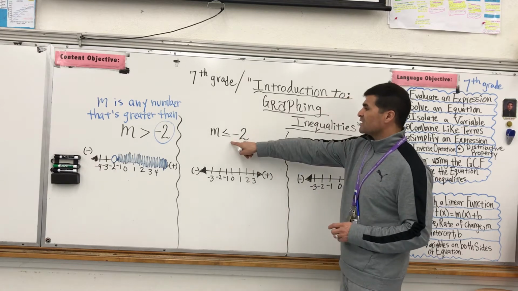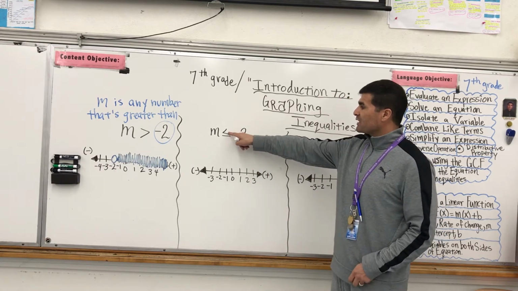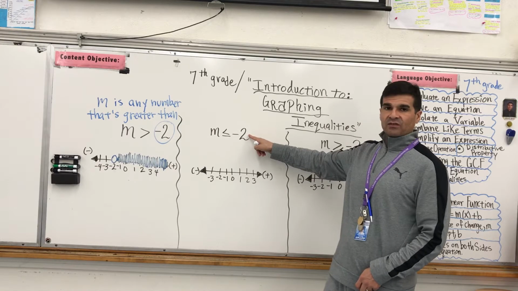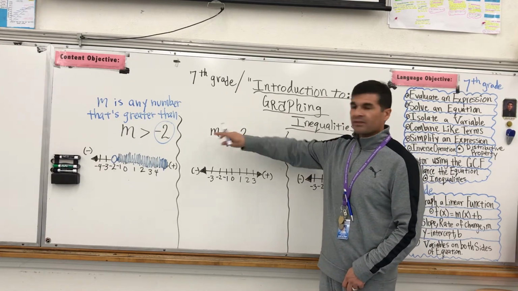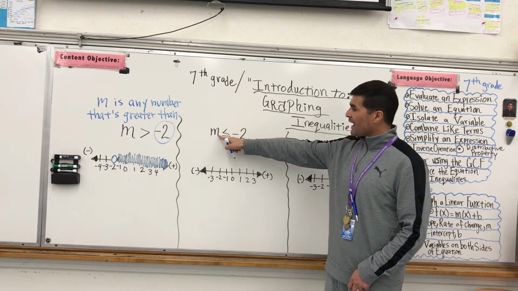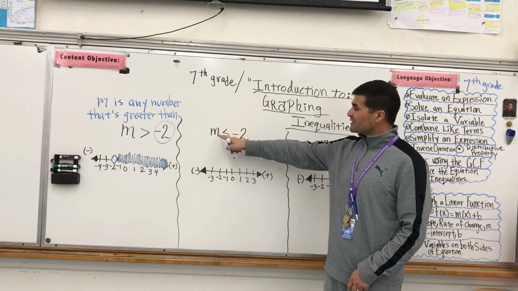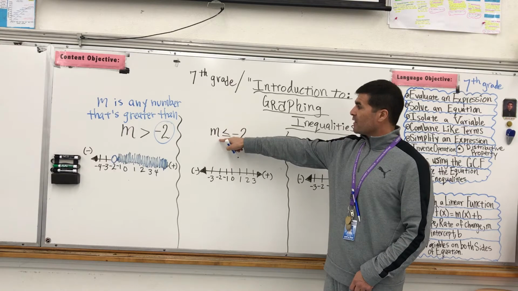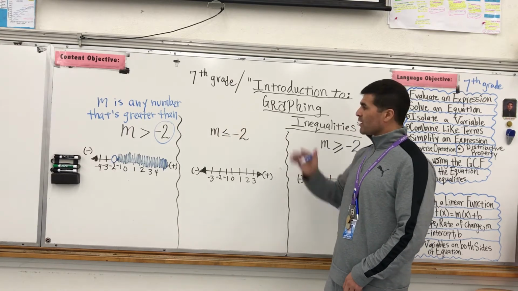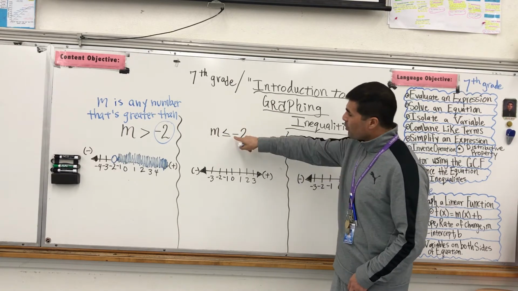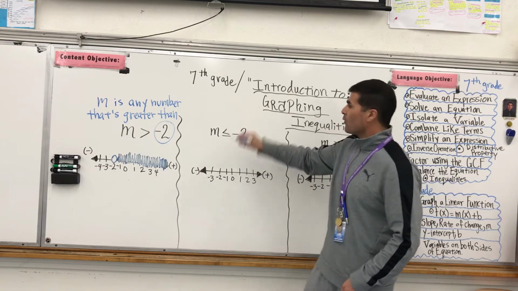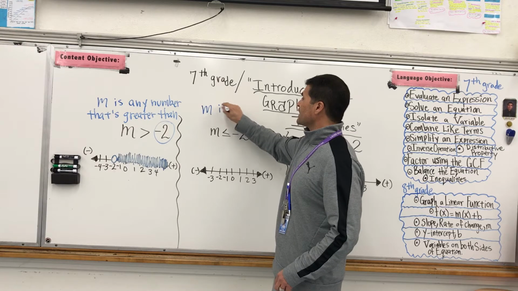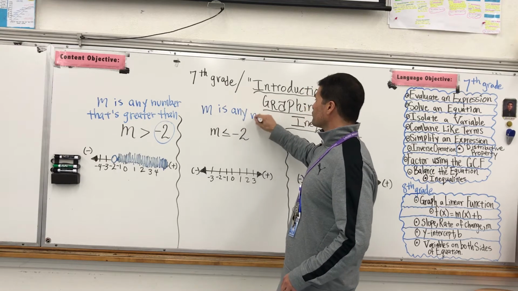Well, let's take a look at this inequality. This mouth is actually facing towards the -2. Well, then that means that the -2 is bigger than the m is. This letter m is any number that isn't greater than -2. It's smaller than -2. But what about this little equal sign underneath this? What about this half of an equal sign? Well, this means that m is any number